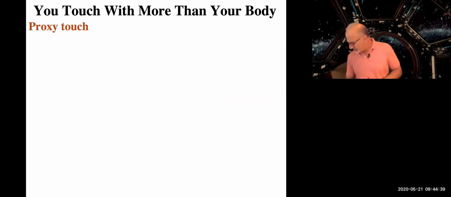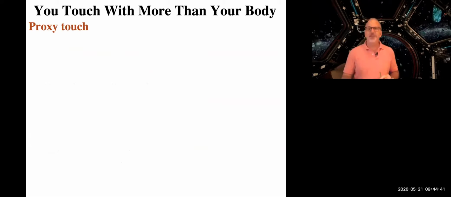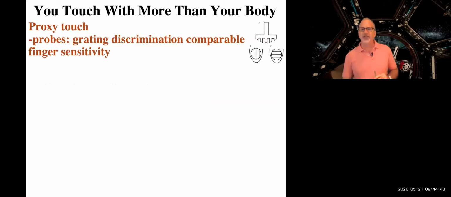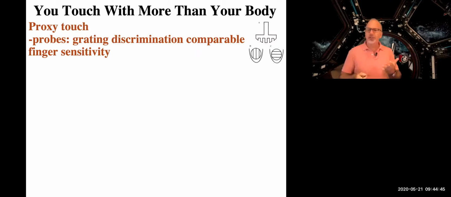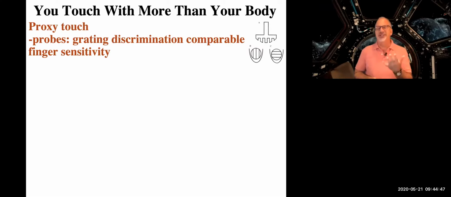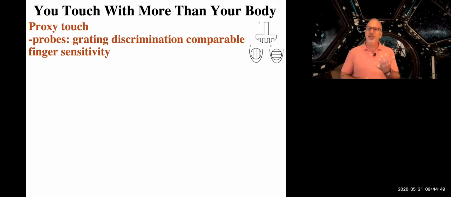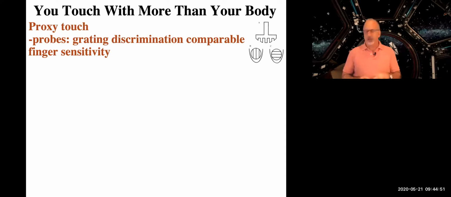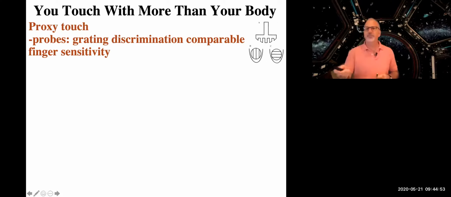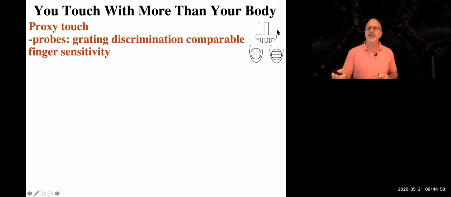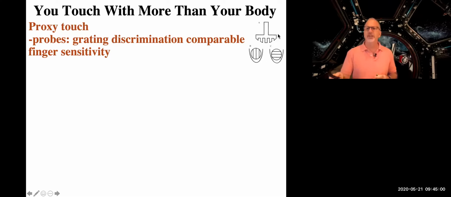And then they'd be asked to feel different gratings. And these are gratings like we've seen before that have been used to measure touch. As you can see, there's a little plastic grating right here. Imagine you're looking at this from the side, and it's smaller than this. Imagine it's about half the size of this, and it's made out of plastic. And there's little grating lines here.